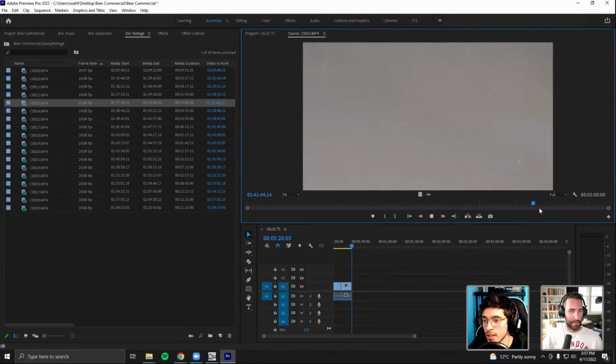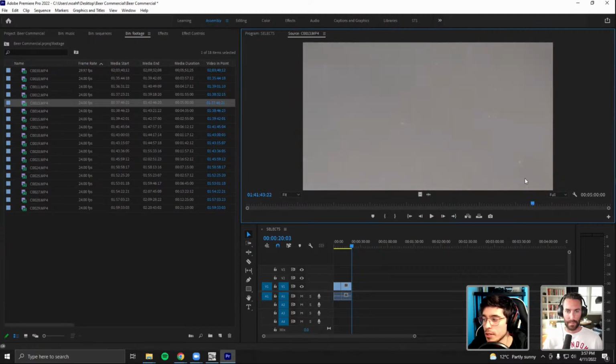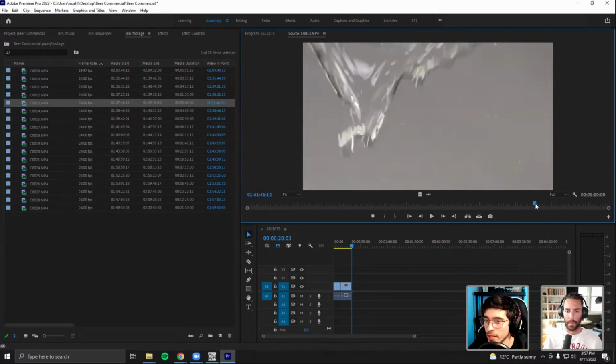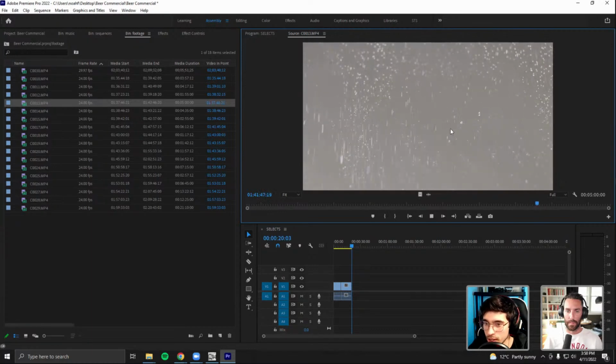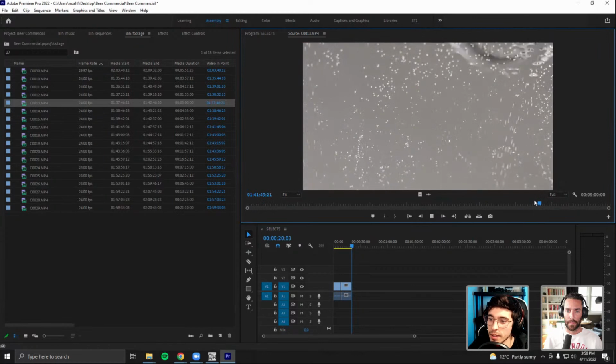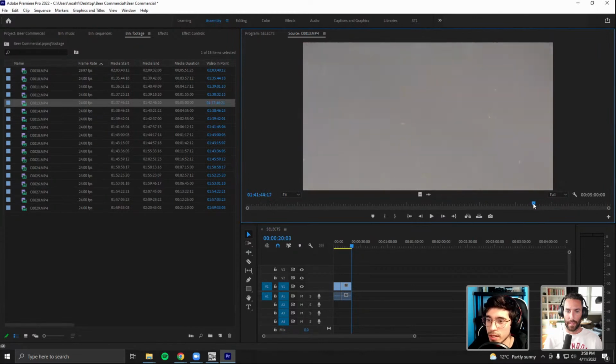Yeah, exactly. What was interesting about this part was that I had to experiment a couple of times with how to pour the liquid to get it to look good on camera. I just tipped the glass over and gently poured it down the piece of glass, and it created this effect, which is not bad, but it's not what I was envisioning, because I wanted it to look like it was pouring.